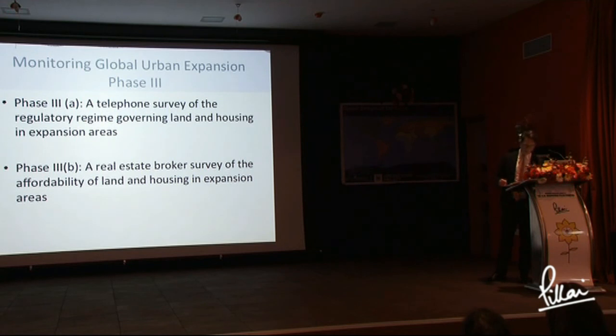And just to be totally clear, Manuel said it, I'd like to repeat it. The most difficult component of this work is being done right here at MES at the India Urban Expansion Observatory. So this is a great achievement. And it's also the most important component because this provides information for the first time ever on the quality of these expansion areas. And when we think about expansion areas, let's keep in mind that we're talking about areas that people generally don't go to unless they live there. These are areas that are often neglected by planners, and there are also areas that are most in need of proper planning.